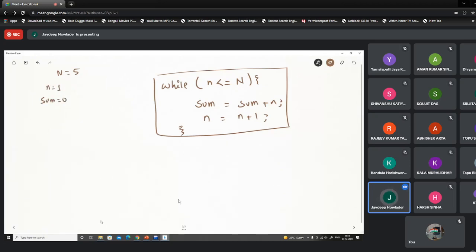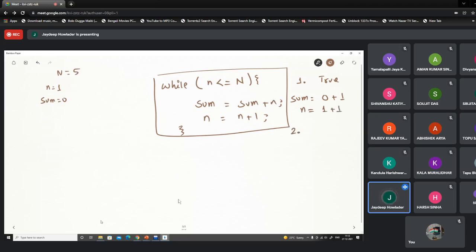Then at the first case, this while loop condition will be true. Then sum will take the value of 0 plus 1. Okay. And n now becomes 1 plus 1.